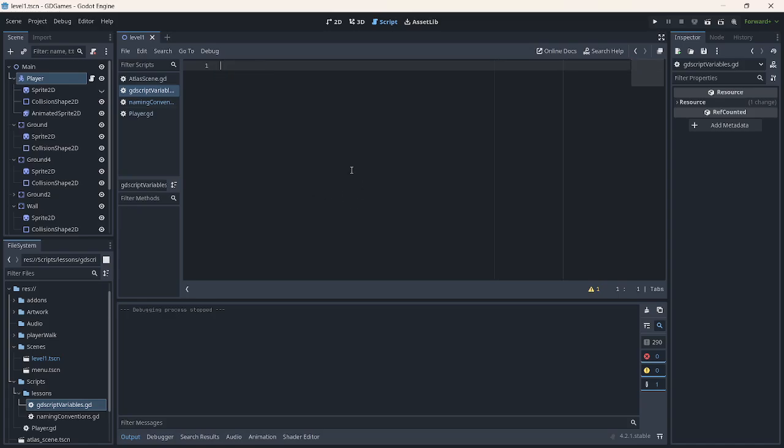So some things that we want to discuss for today will be GDScript being a dynamically typed language. When I say dynamically typed language, that's something new for me. I'm reading through the documentation and I found out that GDScript is actually a dynamically typed language. So the advantages of this